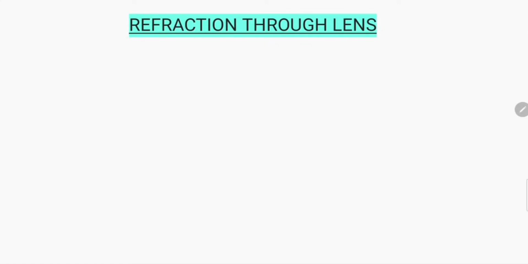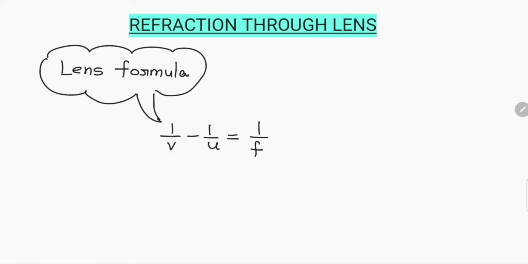Revision of sums of chapter Refraction through lens. First of all, the formulas. Lens formula: 1/V minus 1/U is equal to 1/F. What is the meaning of all these symbols? I'll tell you. And magnification is equal to I by O is equal to V by U,